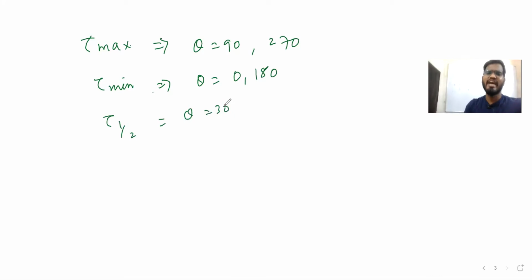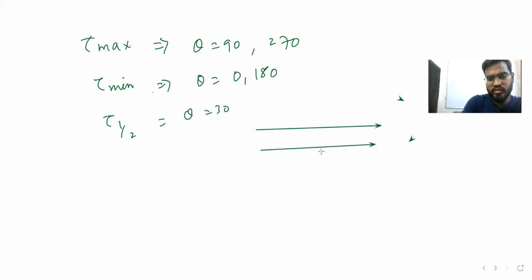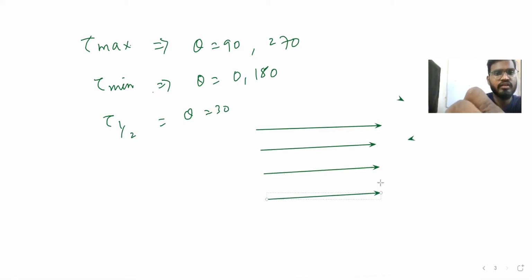Theta half, torque half, if you see, theta is going to be 30 degree. Sometimes they ask like draw it. We can draw it also. Let's see how we can draw. I'm not going to draw all, but at least a few I'll draw. So we can say here, if you see torque minus QE and then plus QE. So here you will get 90. So maximum torque.